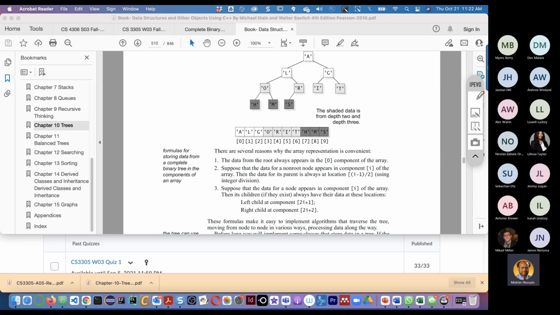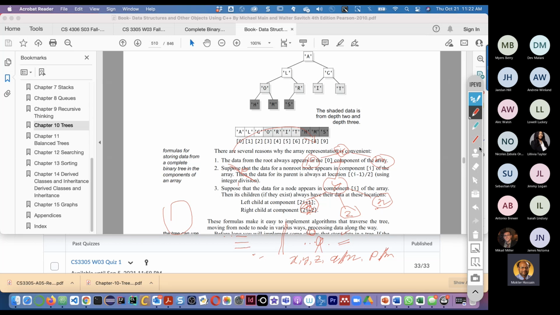Since it is the floor, you can write it this way: (I minus 1) divided by 2, and we take the floor.